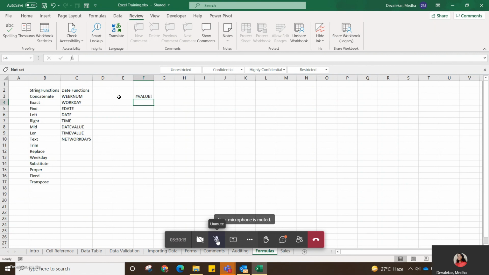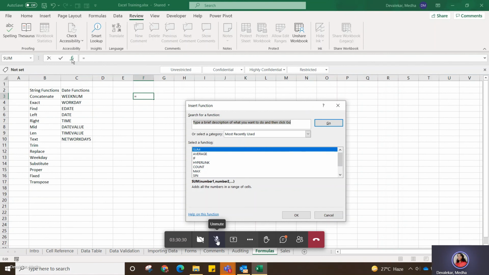Like this you have written. But to do the calculation, we have the formulas also. So now how will you know what formulas are there? Just click on this insert function button, okay? Then you will be able to see the formulas.